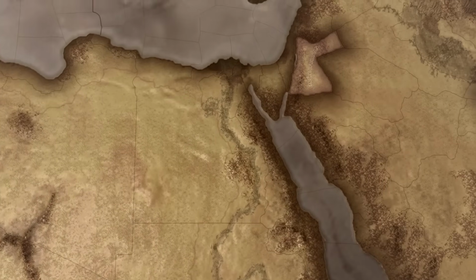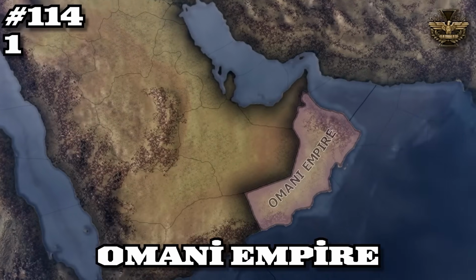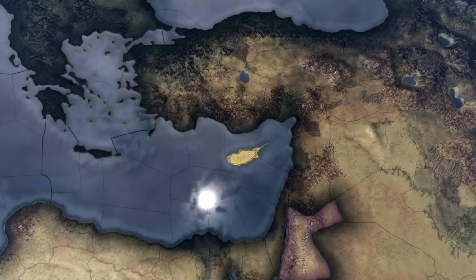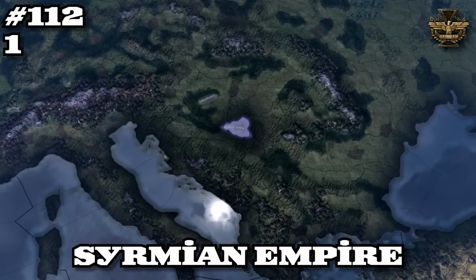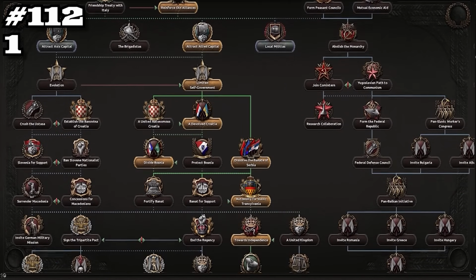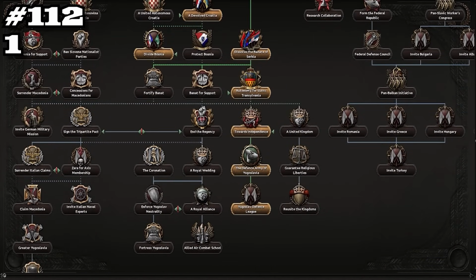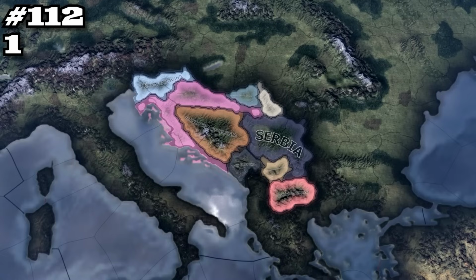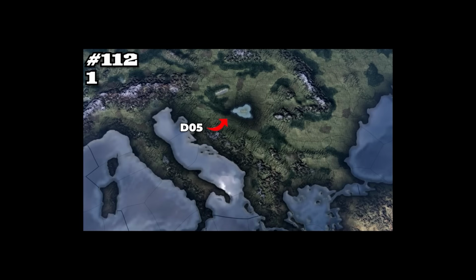Moving up to the Middle East, we have the Empire of Jordan and the Omani Empire. And in Europe, we have the Cypriot Empire and the Sirmian Empire. This one is actually pretty obscure. It can only appear if Yugoslavia does the regional autonomy path of their focus tree. Specifically, this focus will release Vojvodina as a D0 tag. Yeah, it doesn't even have its own tag, which I think is pretty weird. Anyways,